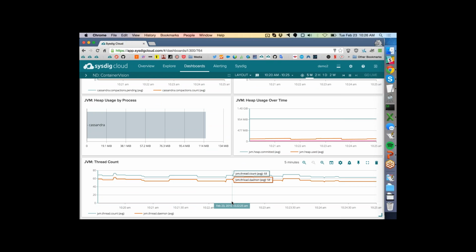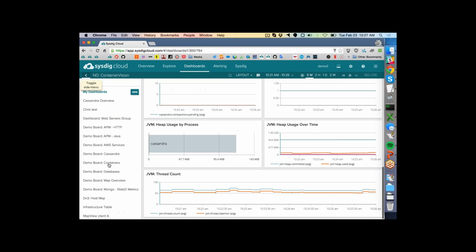We're able to automatically detect every application running in your environment, similar to what you'd experience with service discovery within an orchestration tool. We automatically detect those services. We automatically put the right hooks in them, put the right plugins into them, and automatically start pulling that information out. So if I spin up a new Cassandra container anywhere in my environment, I'm automatically going to start getting data from it here in my Cassandra dashboard.